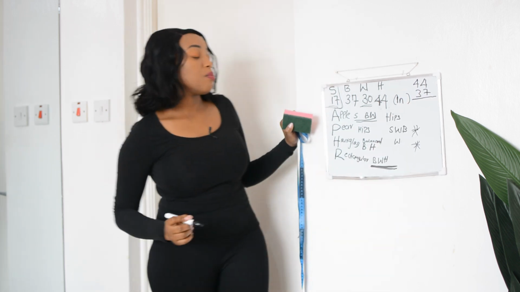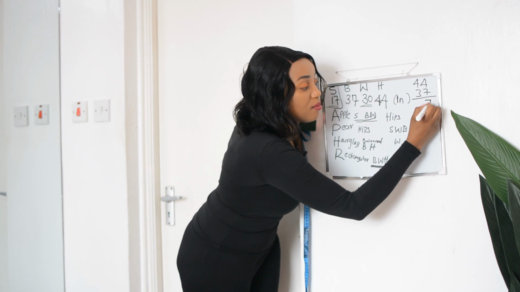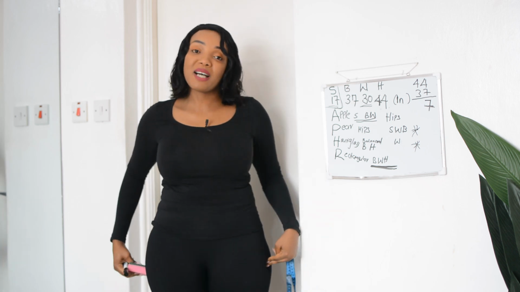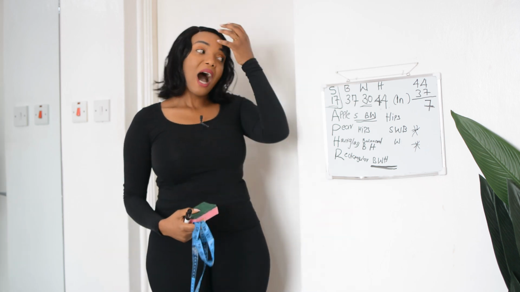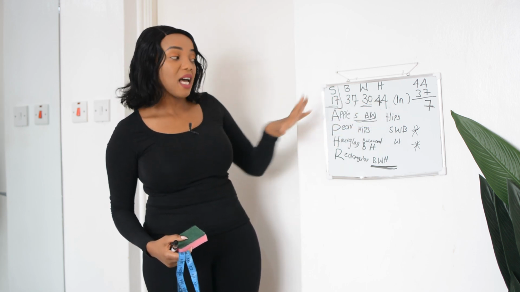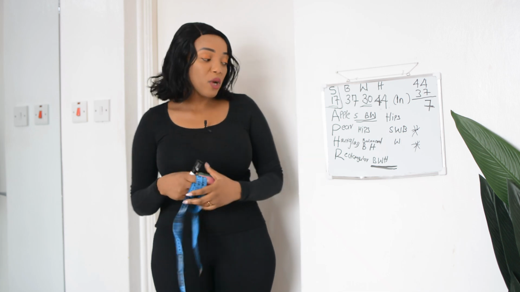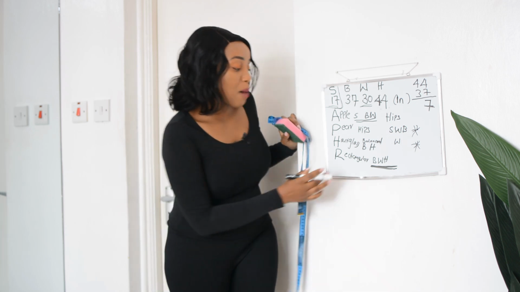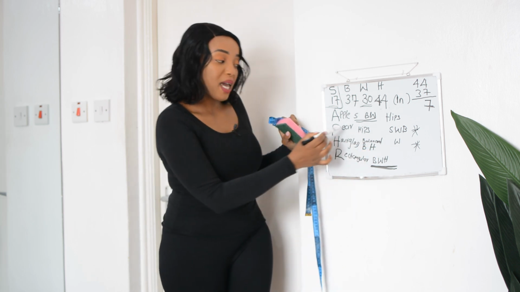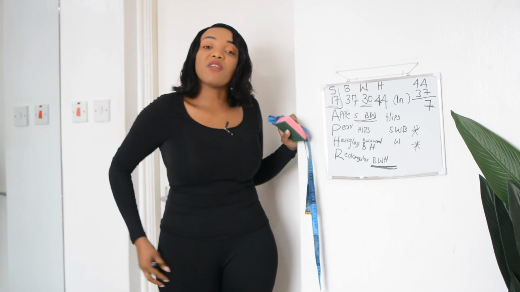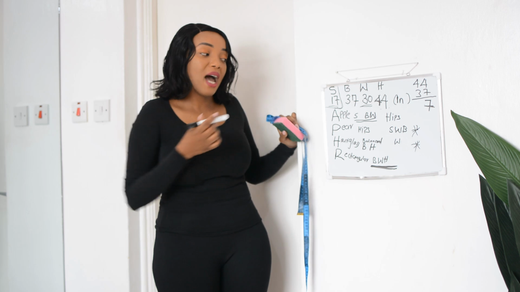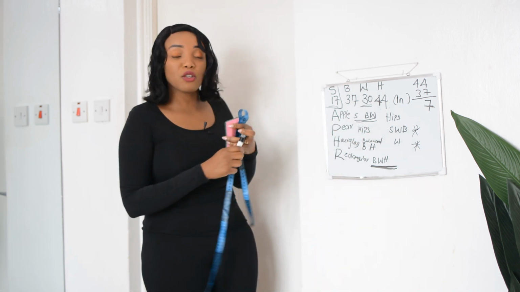And the difference between these is 7. And the thing is, before I even come to the difference of my bust area and my hips area, we already saw that my waist is tiny as compared to these two. So when you're doing these measurements, if for example you're wondering whether you're an hourglass or a pear, you will only be a pear if the difference in inches between your hips and your bust area is 7 and above.